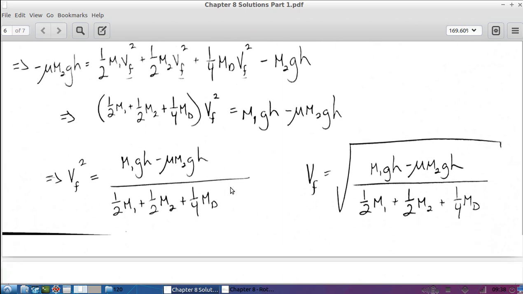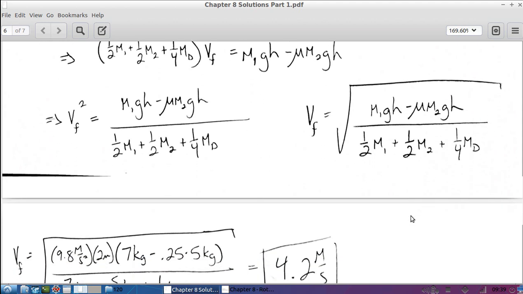Again, it's messy, but I know what that value is, right? I know all the masses, so I can just calculate it at the very end. Divide both sides by this entire expression, and then take the square root of both sides, and I've got a nice expression for V final. Again, not nice, but it's at least something that I can evaluate, right? I've got the numbers, so I can plug in my values. All the masses, the height,